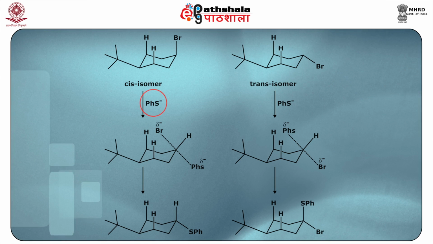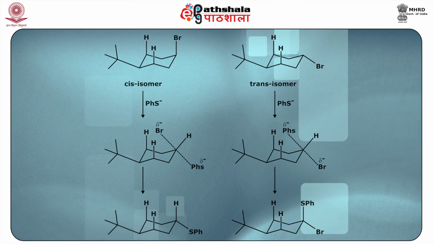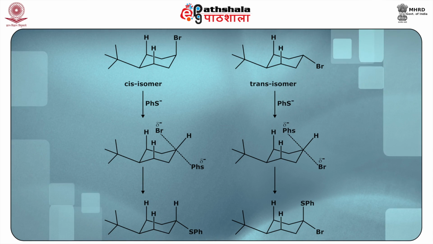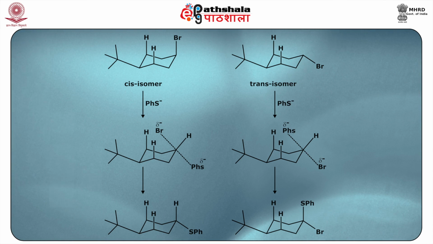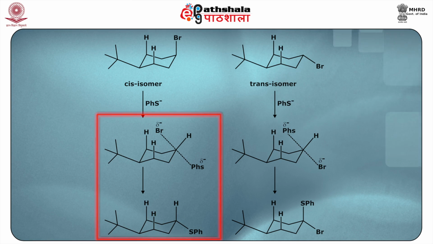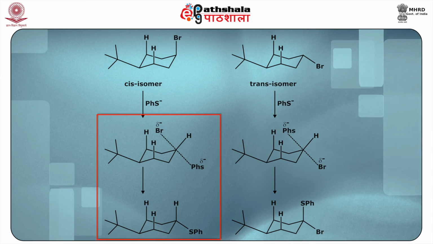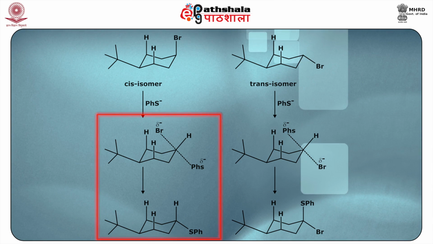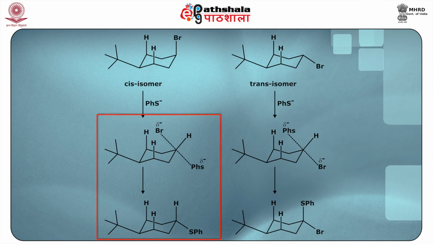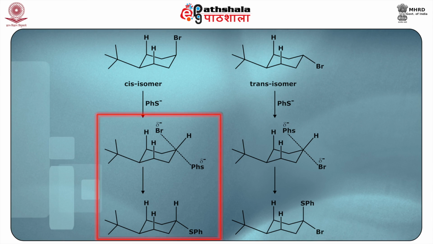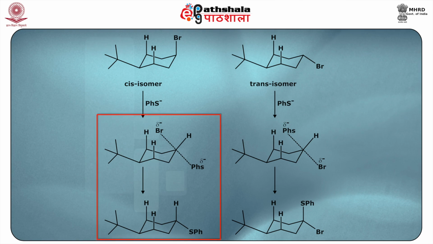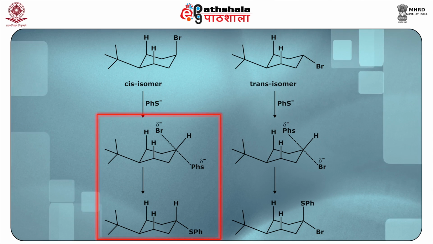Now if the nucleophile is bulkier than X, the transition state in figure 1 will be of higher energy, because the nucleophile has to come always from the back side of the X. So if it is bulky, it is going to face the 1,3 diaxial interactions. So it is of higher energy than the transition state in figure 2, and the equatorial isomer reacts at a slower rate. Thus, for 4-tertiary butyl cyclohexyl bromide, the cis isomer will react approximately 60 times faster than the trans